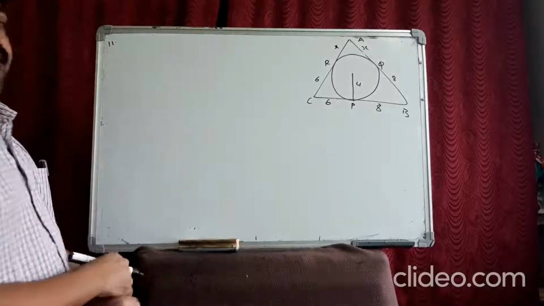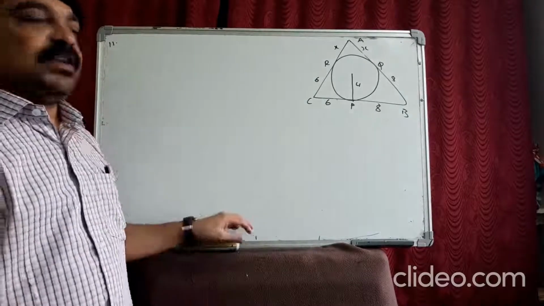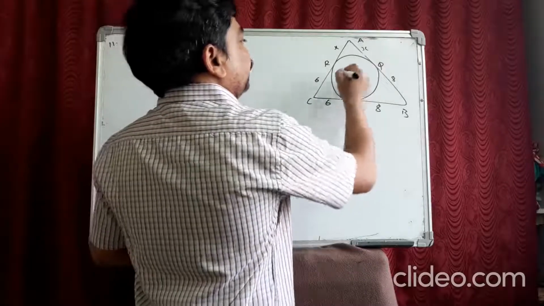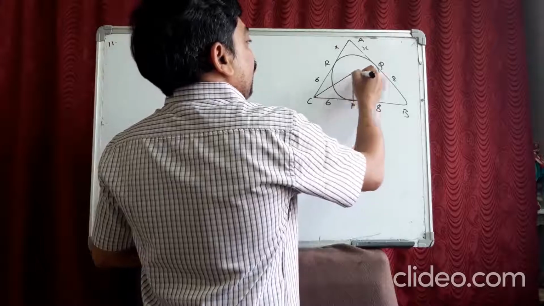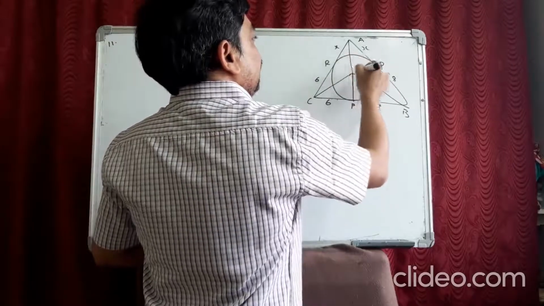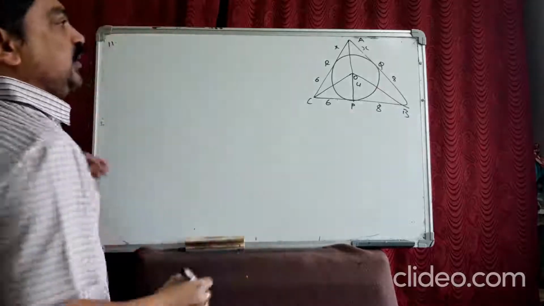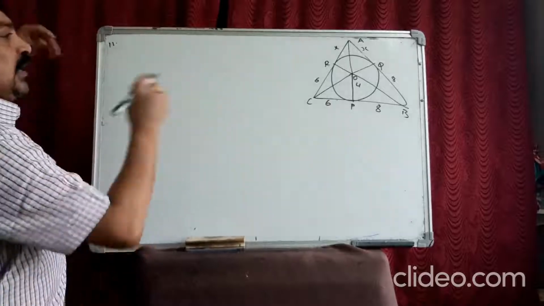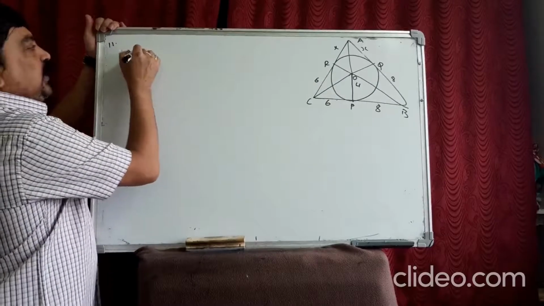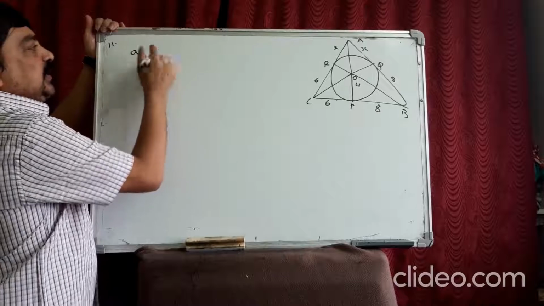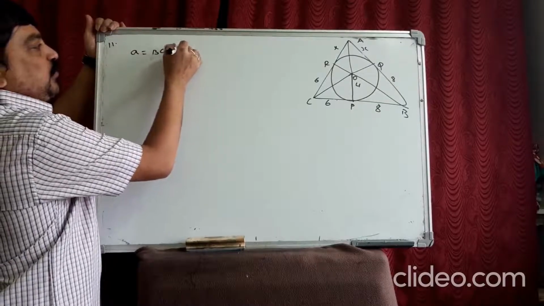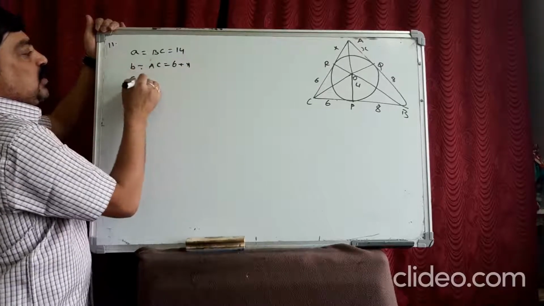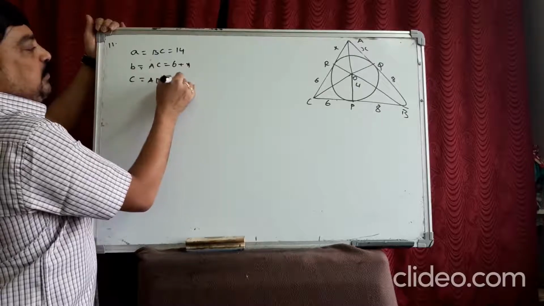Okay. Now we'll go with Heron's formula on one side, and on the other side we go with half into base into height. First of all, we divide the whole triangle into 3 parts: 1 part, 2 part, 3 part, O. Now what I do is just join OQ and OR also. First of all, let us write all the sides. We take small a as the length BC. What is the length BC? It is 8 plus 6, 14. Small b as length AC, it is 6 plus x. Small c as length AB, it is 8 plus x.